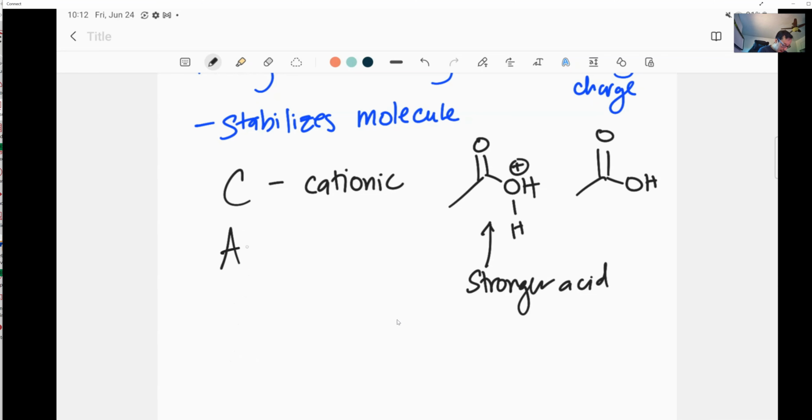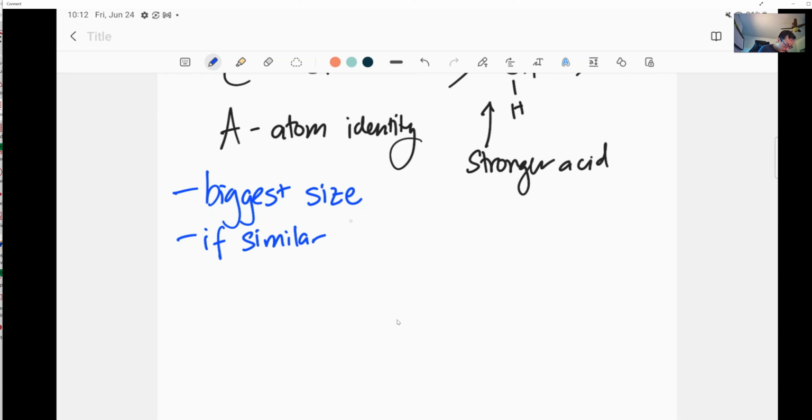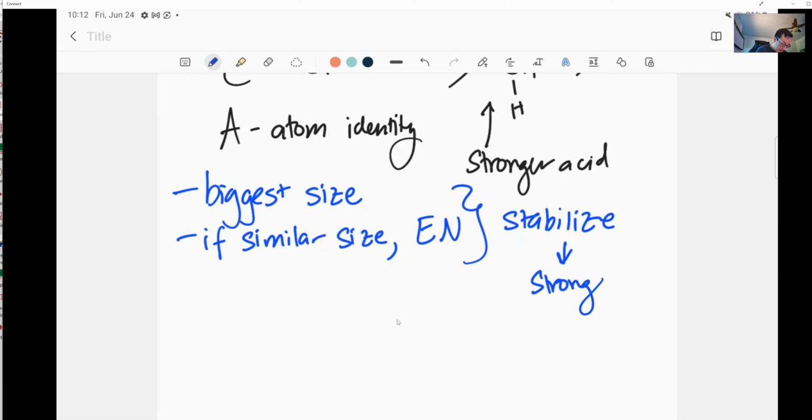We have A for atom identity. That's going to be your biggest size atom. And if they're of similar sizes, then we look at electronegativity. But typically, first we're going to look at size. If they're similar size, we look at electronegativity next as a secondary factor. These are going to stabilize acids and make them stronger. So, for example,